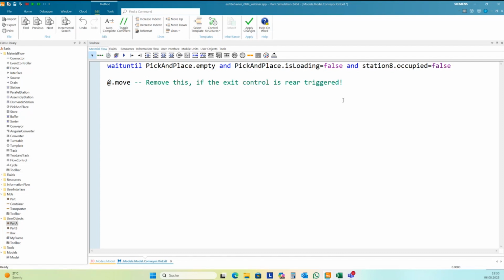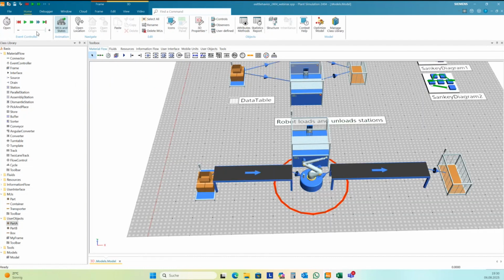And so I need to wait: pick and place empty, pick and place doesn't load anything, and station 8 is also empty. And then I can move this part, and you can see it makes too fast.